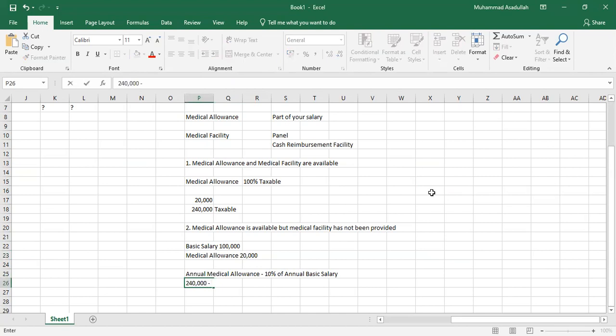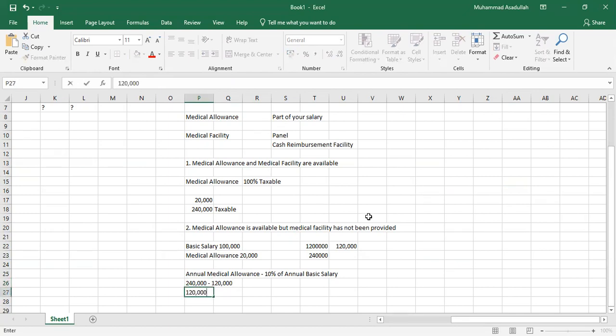Then you will minus 10% of annual basic salary. The annual basic salary is 1.2 million, so 10% of it is 1,20,000 rupees. When you subtract 1,20,000 rupees here,